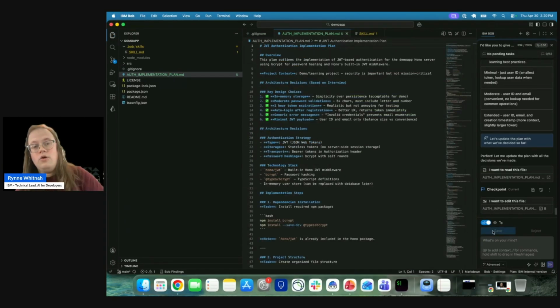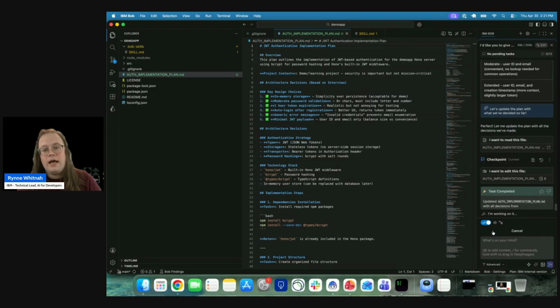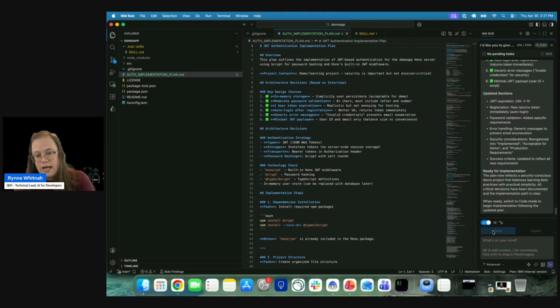Cool. So we're going to save that. Again, this is kind of the process of building out that specification. So we've got an update here. Great. What do we do next? Well, popping back over here,